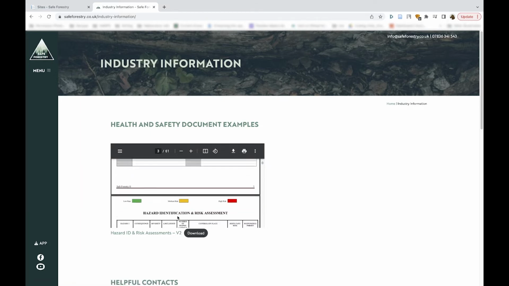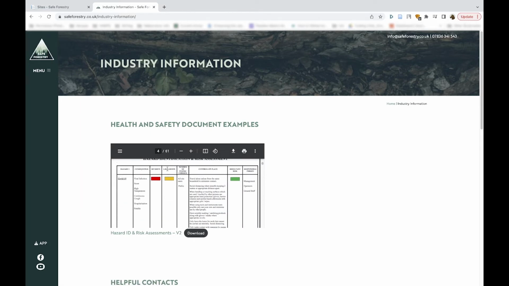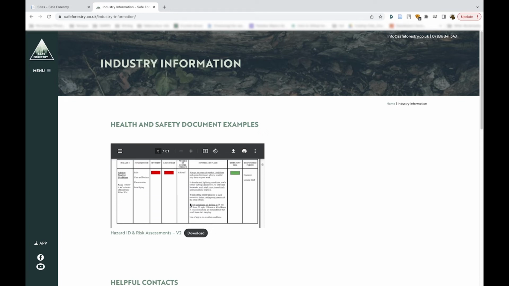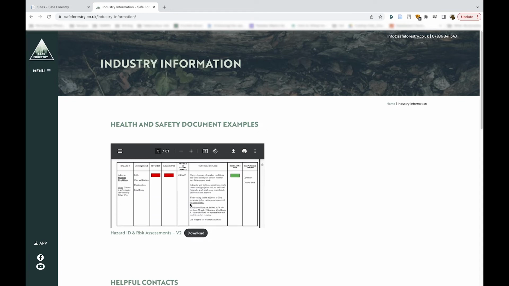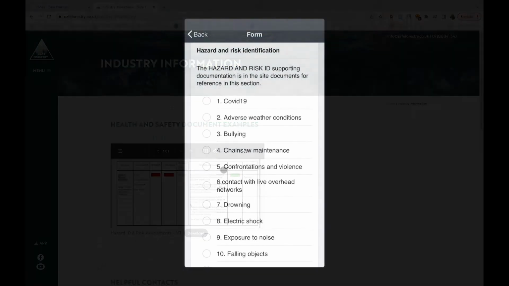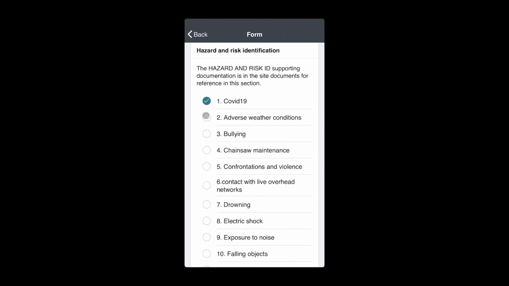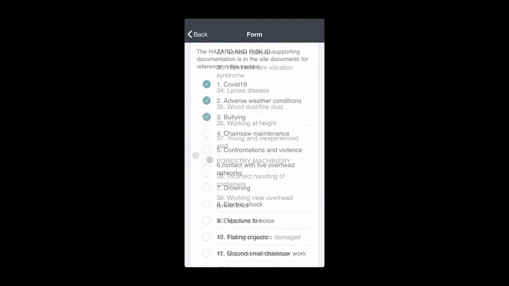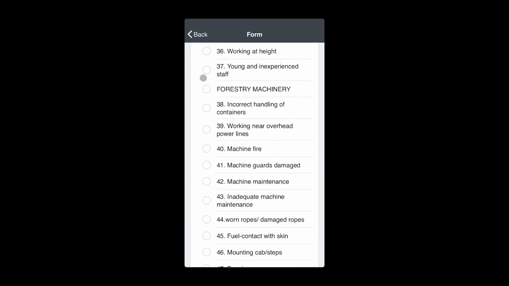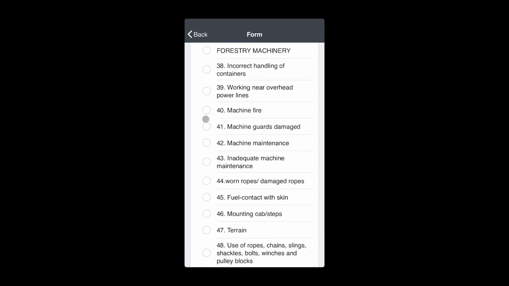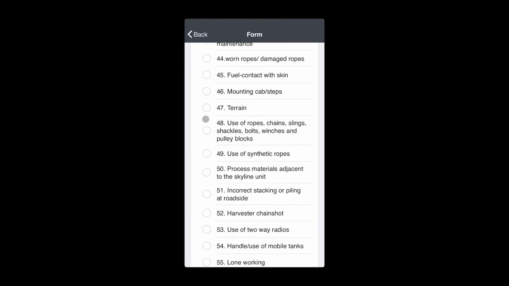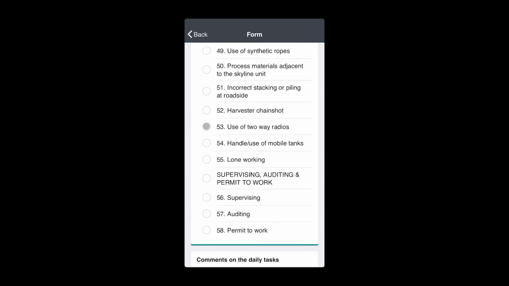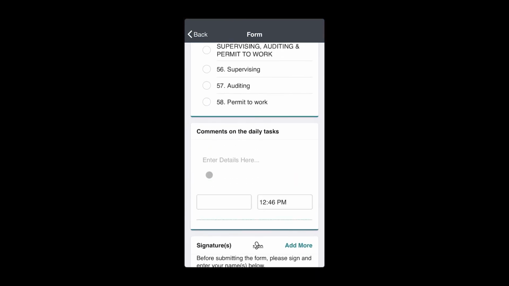This gives you a list of all of the hazards that are on this form, along with the control measures in place and risk after control measures have been put in place. So using this reference document, you want to select all that apply. Once you've completed this, there's a field to add any comments on your daily tasks, which you can date and